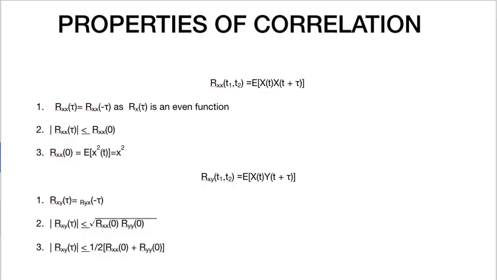Moving on to the properties of correlation, that is autocorrelation and cross correlation. There are three main properties which you can see on the slides. We always take Rx tau to be an even function. Then its property is Rx tau equals Rx minus tau. Rx tau will be less than or equal to Rx 0, and Rx 0 is equal to x square. Similarly, for cross correlation,